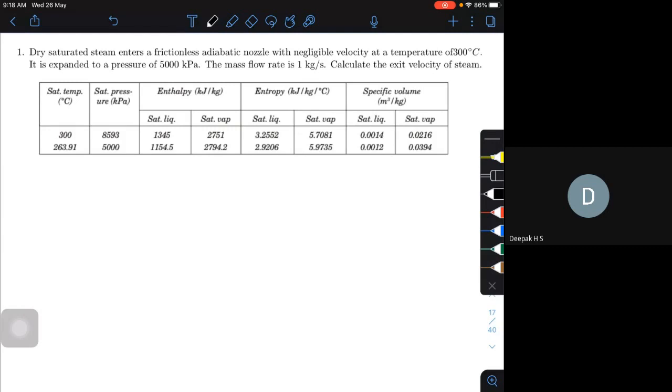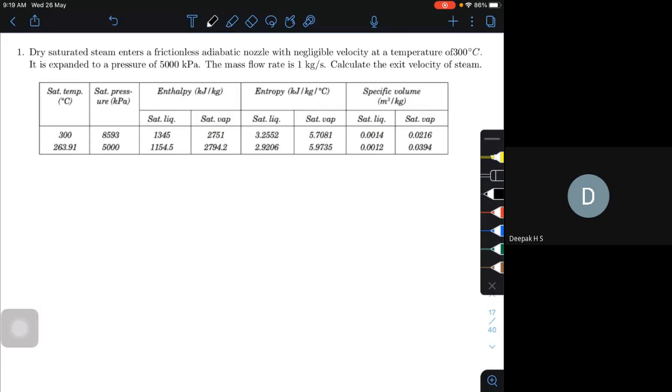So this being the first problem, I'm trying to give all the properties of the steam. Now, first and foremost, go back to your applied thermodynamics on pure substances, or when you are trying to solve problems on vapor power cycles. Whenever we come across the pressure and the temperature, we will go to the steam tables and look for its corresponding saturation temperature. Now, the moment I mention a particular pressure, you look at its corresponding saturation temperature. For this particular numerical, they are telling that it is a dry saturated steam.